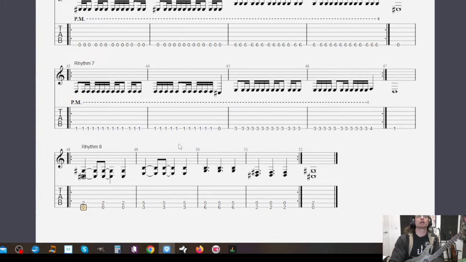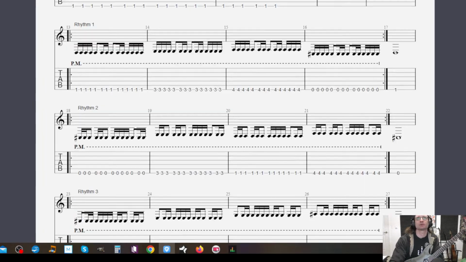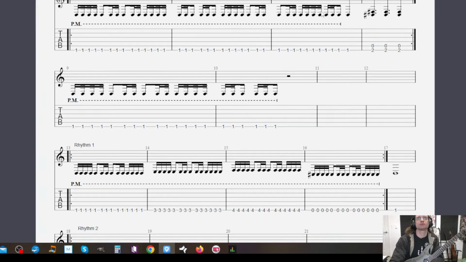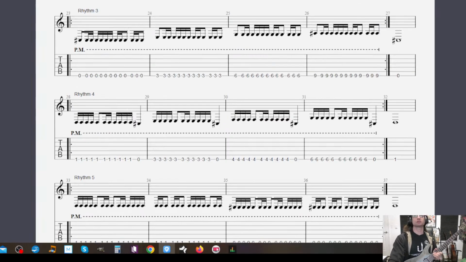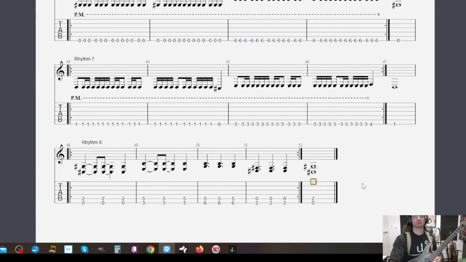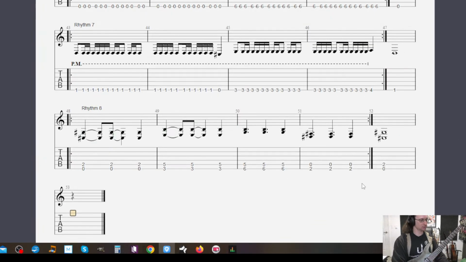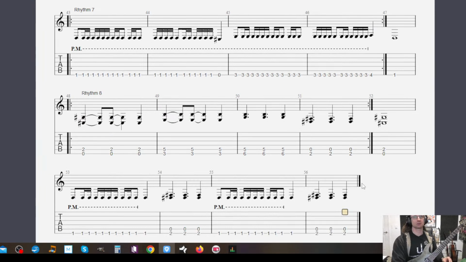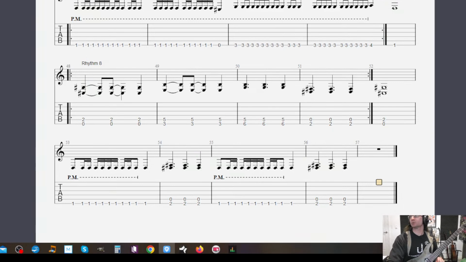Now, when that happens up here, it's also back to back with these two. So, let's take this, make a rhythm 9 with it. Yeah, we are definitely going to have at least 10 rhythms to work with.